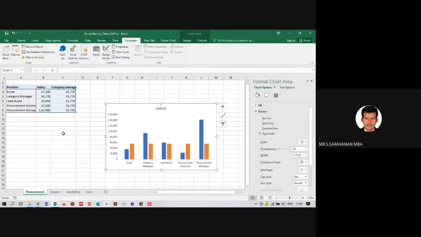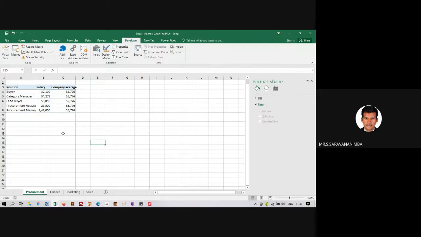Normally it will not be useful for other functions. If it is a repeated function every day, it will be useful. So normally macros will be used only in sales organizations. Why? Because when the repeated information is given, it will automatically convert it and give it in a better form.